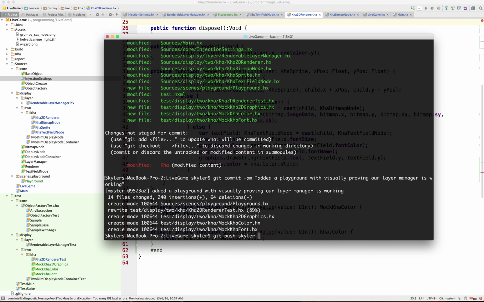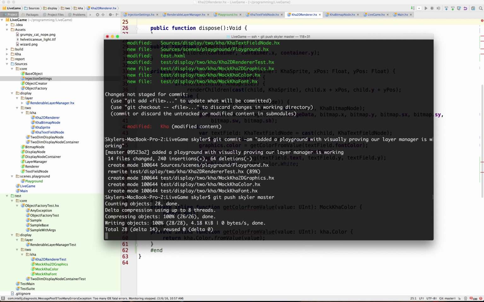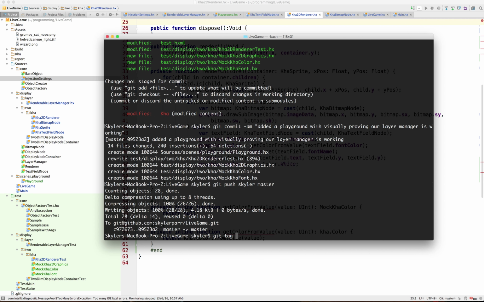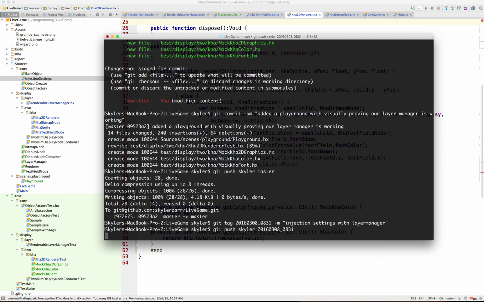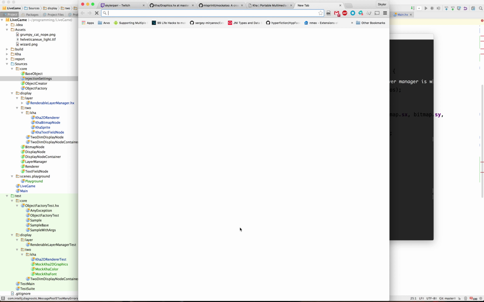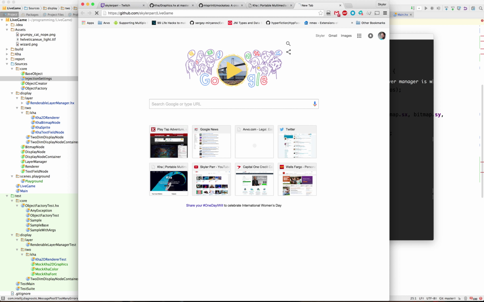Okay, git push Skylar master. Git tag with today, which is 2016-03-08 at 8:31. Message: injection settings with layer manager. Push Skylar our tag. We should be able to go to our GitHub account, live game,